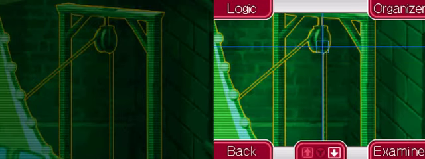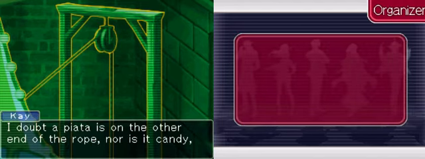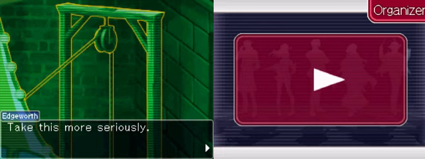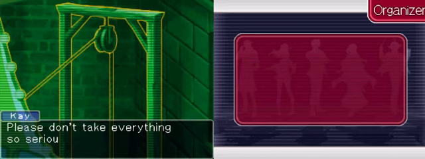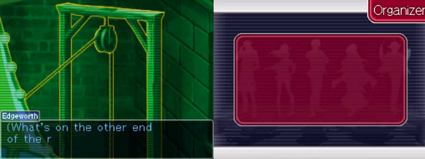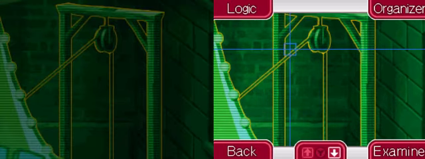Okay, but take another look here. Nothing here? This rope dangles into the well. I doubt a piñata, or is that a pinata? Oh, whatever, it's on the other end of the rope, nor is it candy, obviously. Take this more seriously. Come on, Mr. Edgeworth, it was a joke! A joke! Please don't take everything so seriously. No, wait. What's on the other end of the rope? This could be worth thinking over. Well...